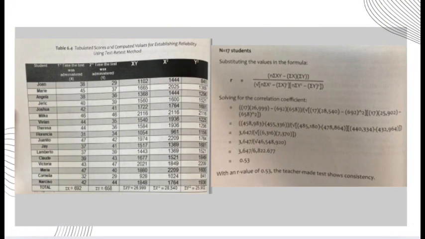For example, 458,983 minus 455,336 is equal to 3,647. Next naman is subtract the 485,180 minus 478,864, the result of which is 6,316. Next is subtract also the 440,334 minus 432,964, the result of that is 7,370. So next is break down the